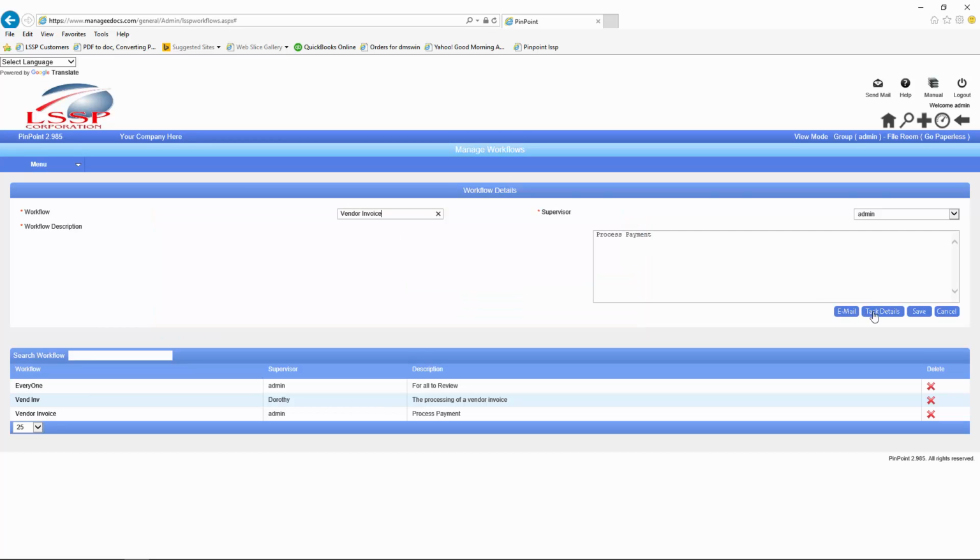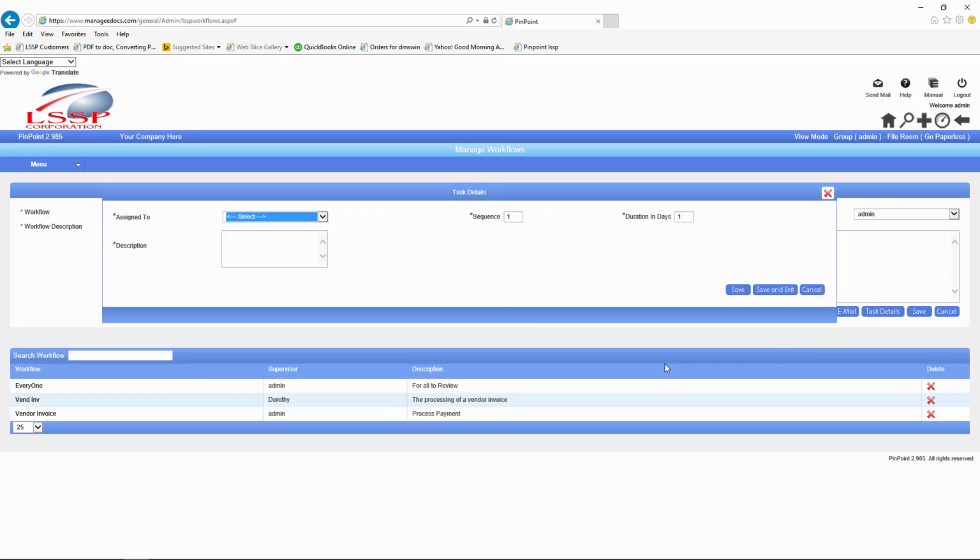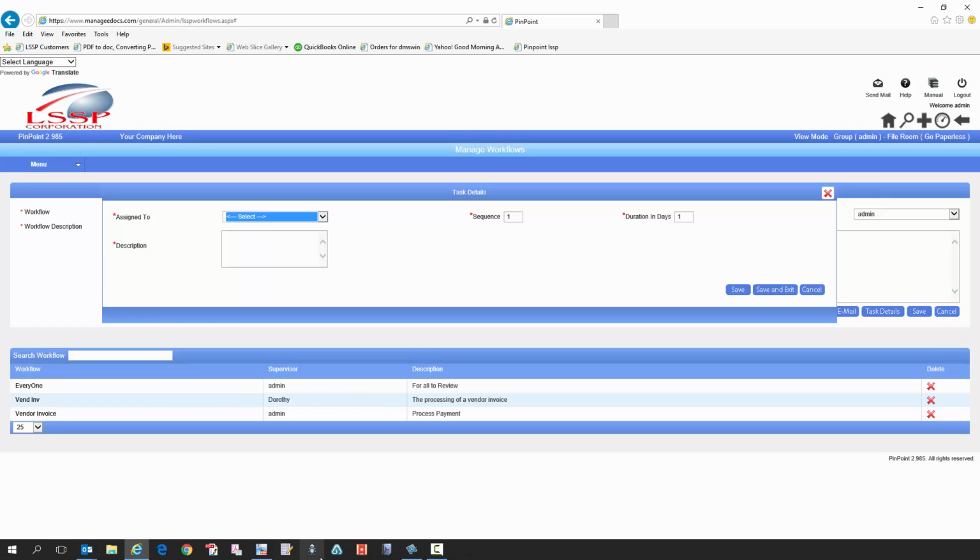Now, when we set up task details, we're going to assign the person followed by the sequence number, and we'll mention what sequence number as we get going. And this is just a duration of days, just a ballpark on how long you think that might take, because then it will show up in red after those number of days when it's their task. So what I'm going to do here